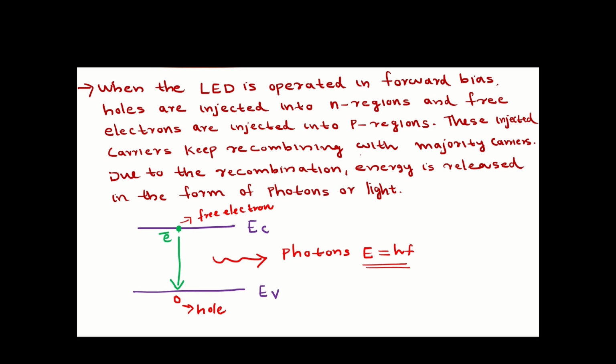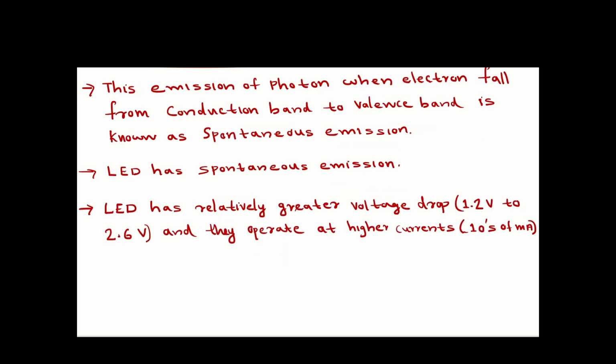This emission of photons when an electron falls from the conduction band to the valence band is known as spontaneous emission. So the LED has spontaneous emission, whereas the laser has stimulated emission. LED has a relatively greater voltage drop, 1.2 volt to 2.6 volt, and they operate at higher currents, that is